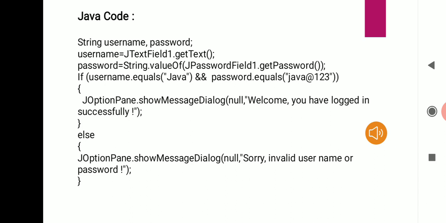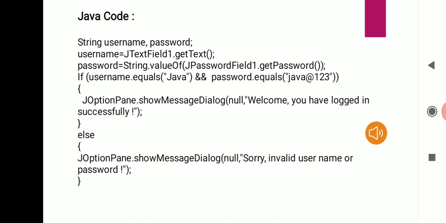Then in the next line, the input that is supplied for username will be extracted from the text field using the getText method. This is done using the statement jTextField1.getText. And once the input supplied for username gets extracted, it is then stored in the string variable username. This is shown by the statement username = jTextField1.getText();